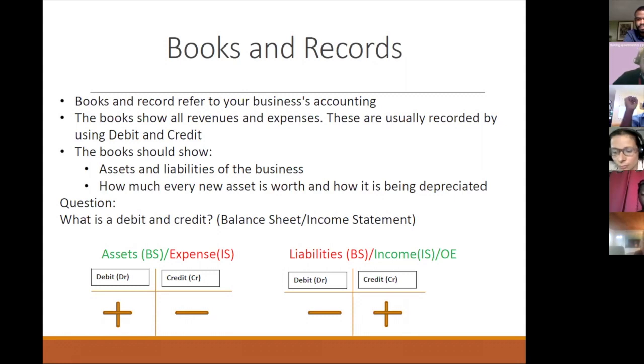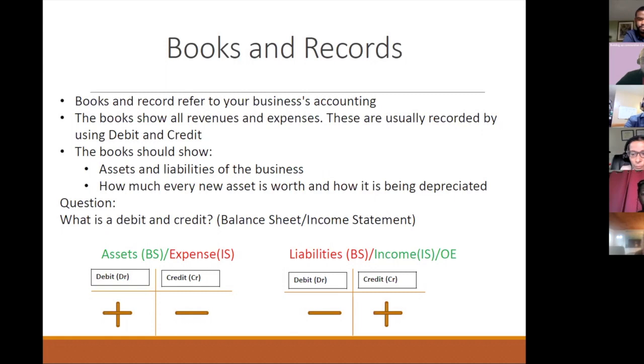Now, the next question is, if there is an increase in cash, what is the corresponding credit? Let's say it's due to revenue: you have a business and money has come in. What has increased? Cash has increased. What else has increased? Look at the other side. Income. So you credit your income. When you credit your income, you increase your income. So again, that's what you've done.